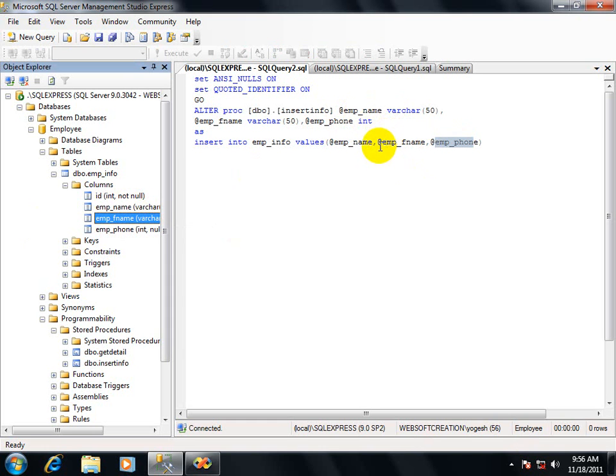It is not mandatory. It is up to you what variable name you use. You can take another name, like if your table field name is emp_name, then you can just use @name. If you put @ here, it means that it is an input variable.